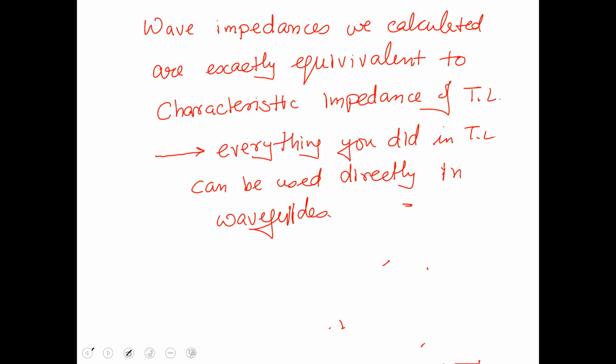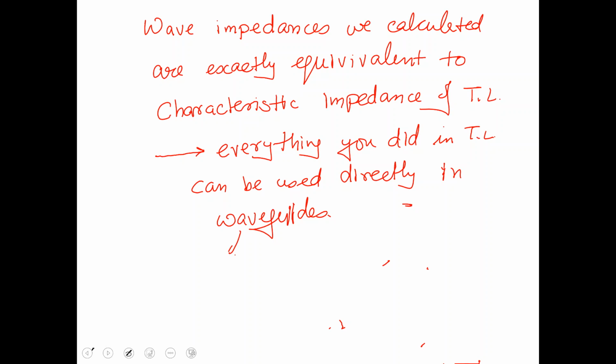All the concepts you learned there, single stub matching, double stub matching, everything there can be used directly in waveguides too. Wherever you were putting Z's there, you're going to be putting your eta term, the wave impedance term, in this case. The difference now is